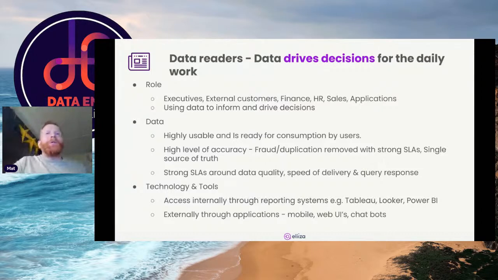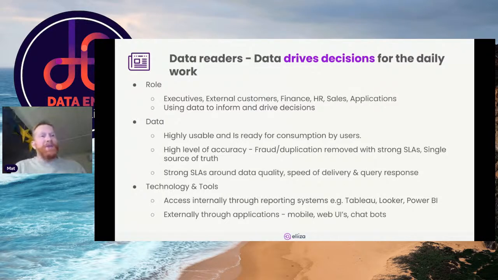In terms of data, we give them a low trust or maturity rating. So that means they can't really be trusted with data. And what that means is, for example, imagine you're checking your bank balance. You don't want any discrepancies there, and you don't consider there will be any. When your bank balance comes up, that should be what it is. So there can't be any inaccuracy. There has to be a high level of accuracy. All the fraud and duplication has to be removed. There need to be strong SLAs in terms of the delivery or querying of that data.